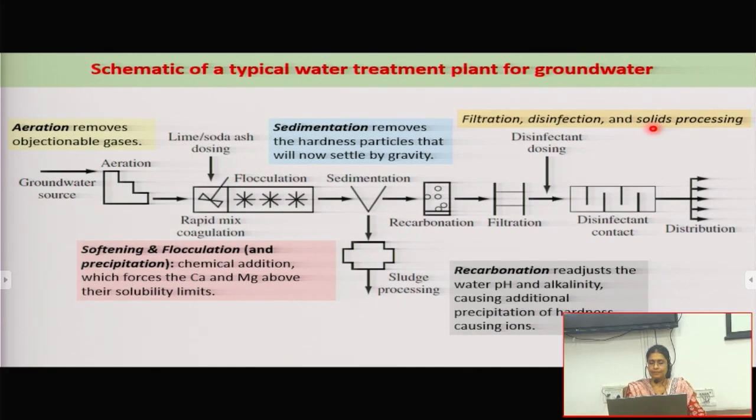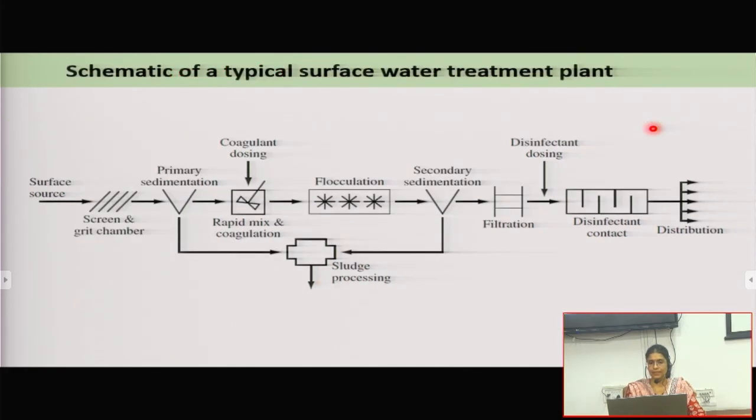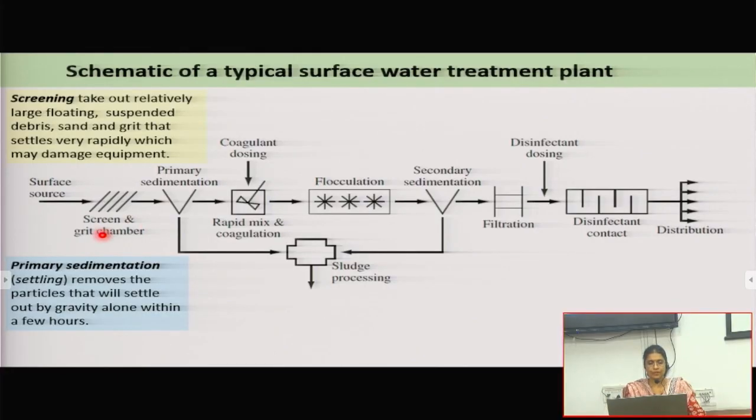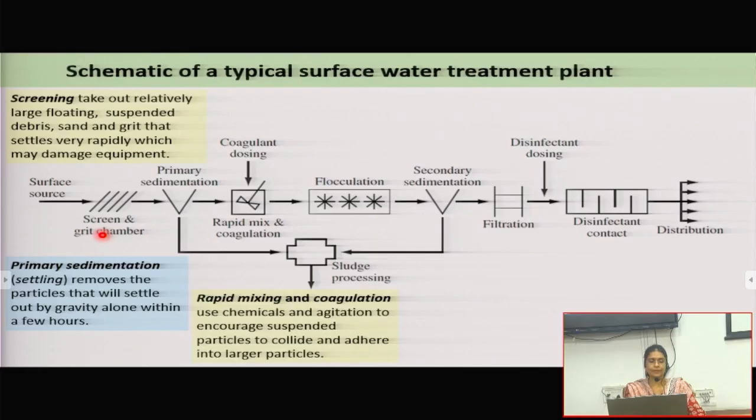Okay. Similarly, if you see for surface water, it looks a bit different. There is no aeration tank here, again because of the nature of the water. Here you will be finding a lot of floating impurities, like barks, trees, floating plastics and all such things. So it makes sense to have a screening followed by a primary settling tank, followed by components which are not easily settling by primary sedimentation.